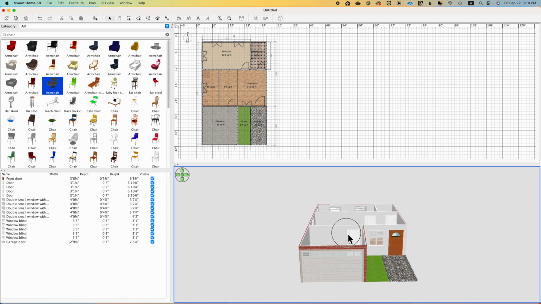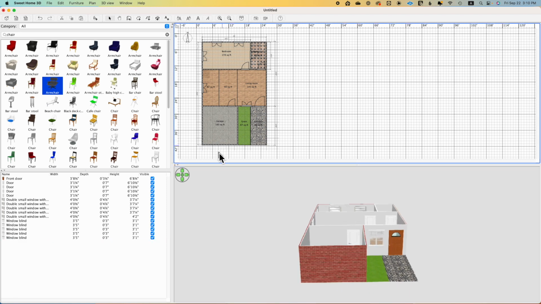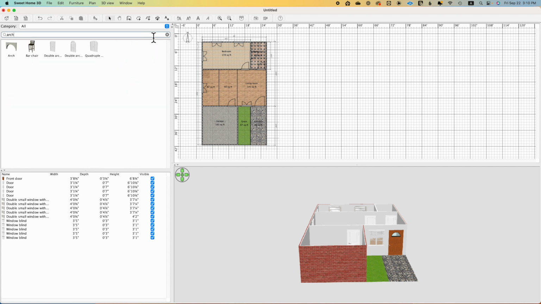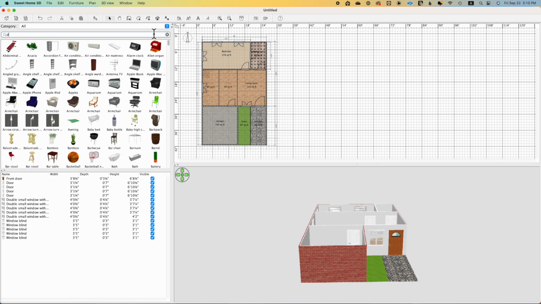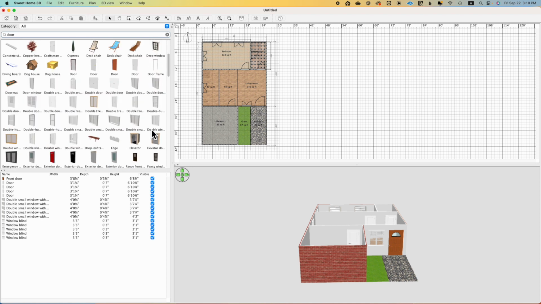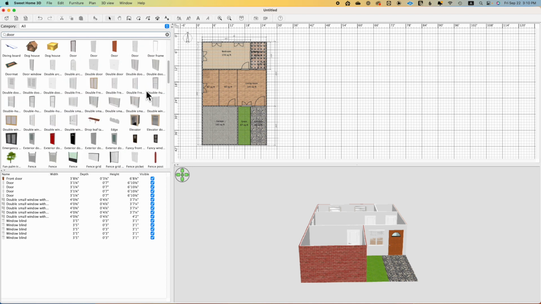I added this garage door. Let me remove it for now just to show you how I added it. So here, let me put like an arch, not like this. Let's put door, so that I have to create a frame first, and then I have to ensure that I have the door